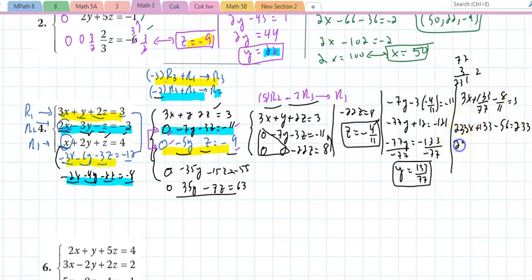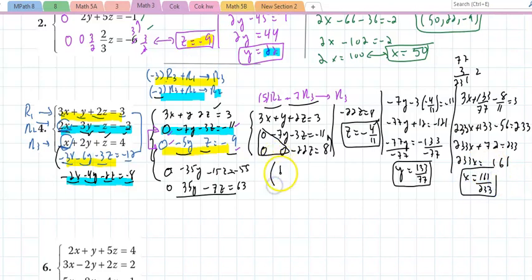And now 233x plus, if I subtract, 8 minus 6 is 2, and 12 minus 5 is 7, equal 233. I'll get 233x equal, if I subtract, that's a 1. 13 minus 7 is 6, and x would be 161 divided by 233. And that would be the solution. The solution will be 161 over 233,